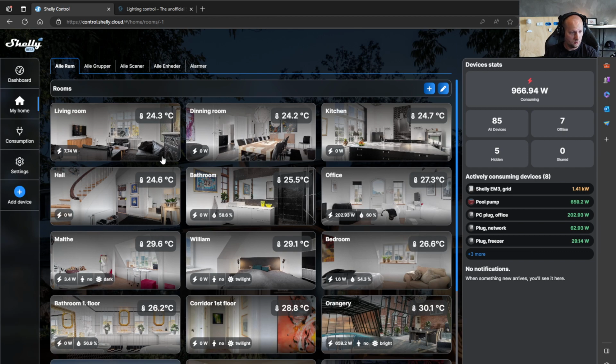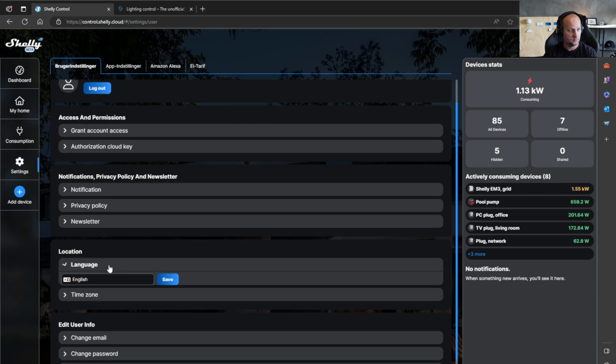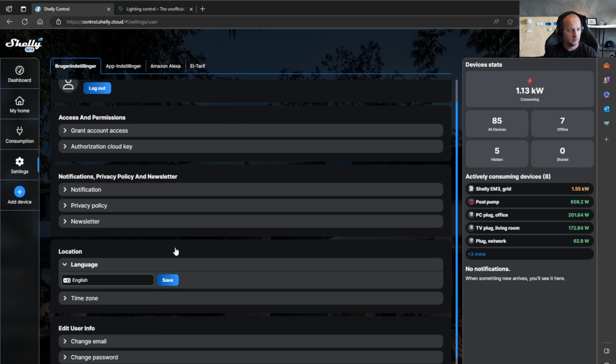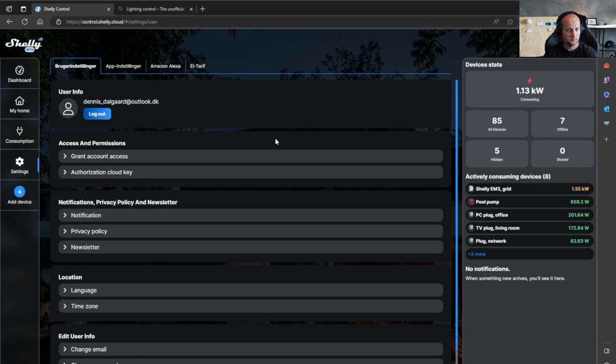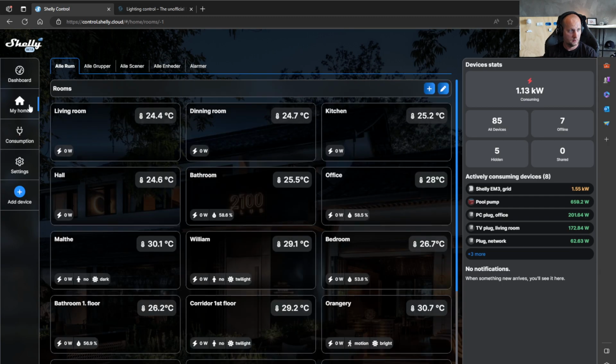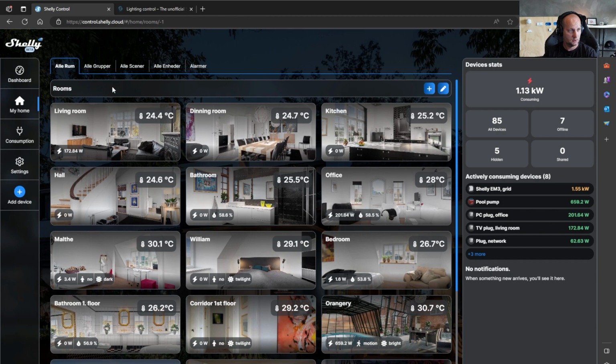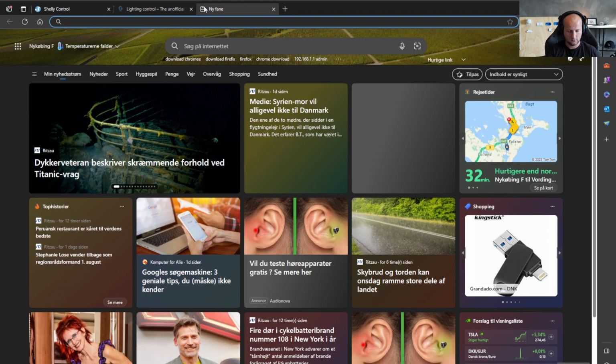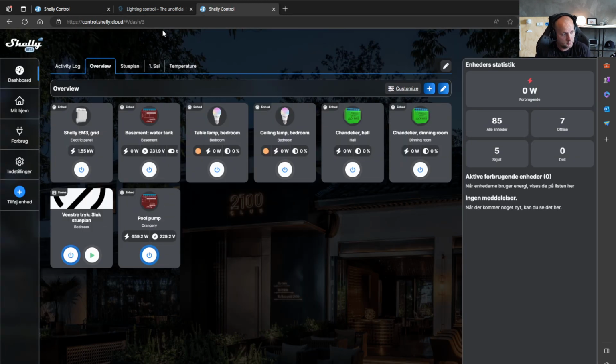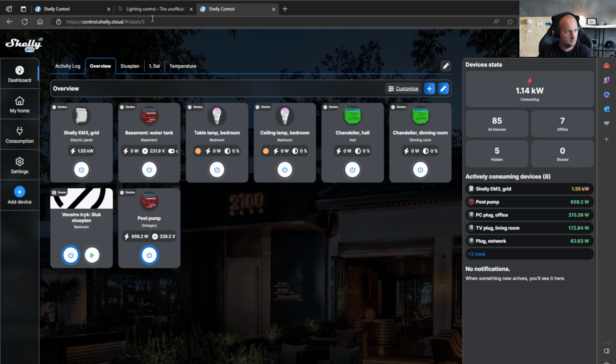What else do I want to show you? I can press, it did not change to English. Let me just reload. I need to press save. Why didn't it change to English? Maybe I need to clear my, now it changed. Mostly. I should probably clear my cache. I'm sorry, it's messing up a little bit. I think it's better. Yeah, now it's better. Now it's English. Good.